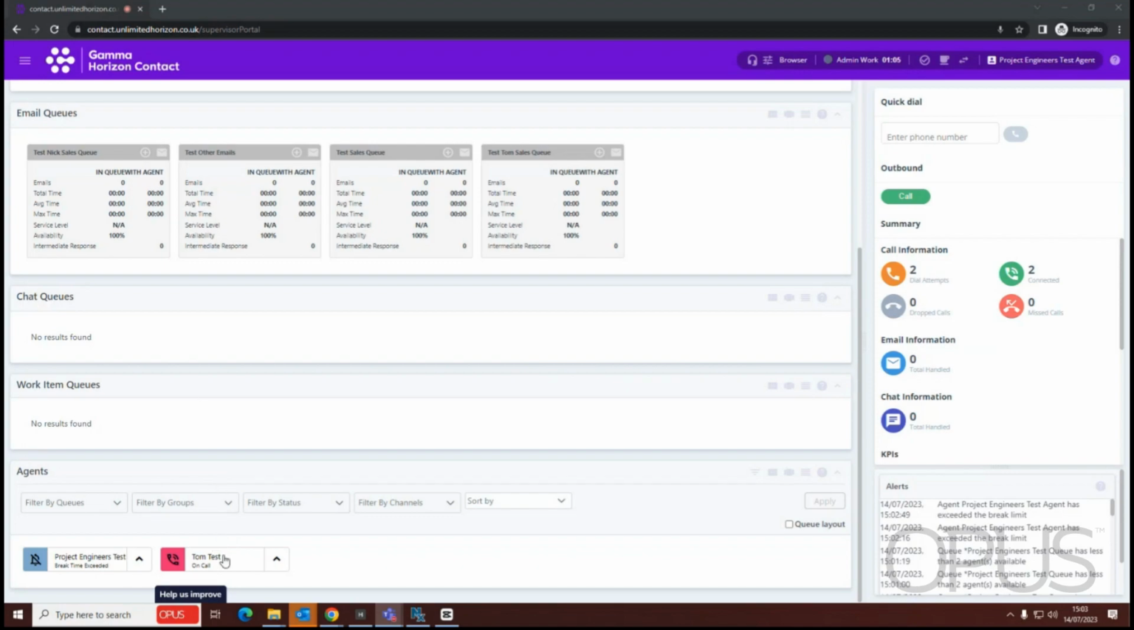If I would like to listen into this conversation that Tom is currently having with a caller, all I need to do is scroll down to the Agents section of the Supervisor portal and then select the agent of whom I wish to listen into. We will only be able to listen into their calls providing they are actively on a call. So as we can see here, we've got Tom Test on a call, and I'm just going to select that